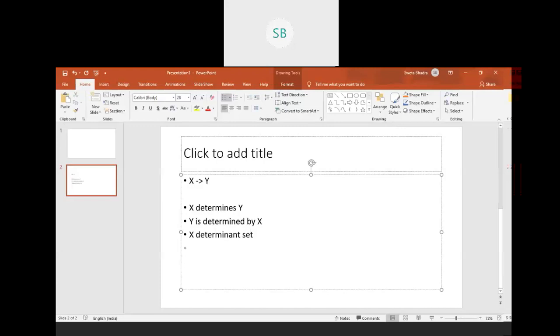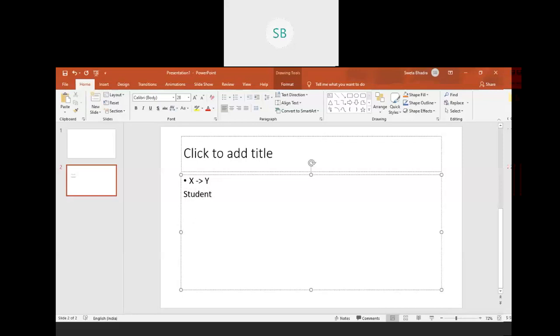Okay, so for any value you have to identify, like this x uniquely identifies this y. Let me take an example. So I told you this x and y are the two attributes of a table. Let's think that the table is the student table. We have various attributes in a student table.